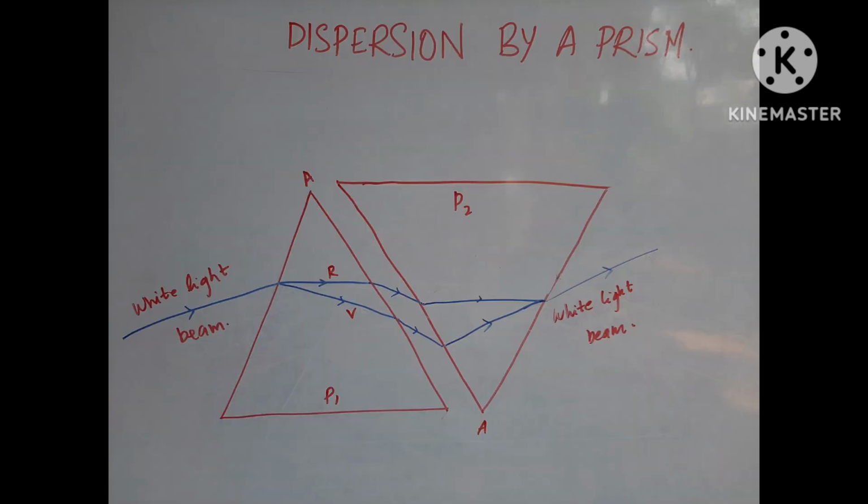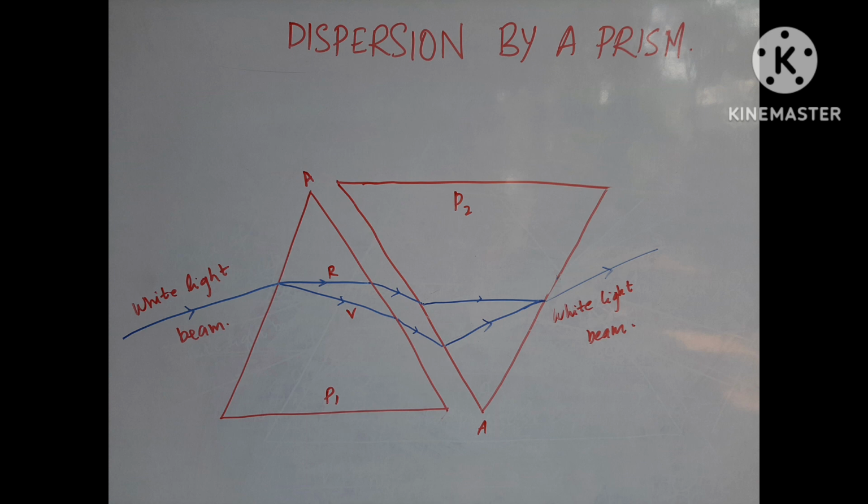Now the question is very different. Is this dispersion of light a phenomenon of the glass prism, or did the glass prism itself generate the seven colors? That is a question we want to answer. So when we consider that type of question, we can say that if we place another inverted prism near the first prism,